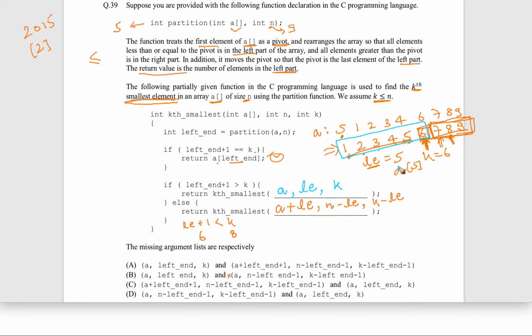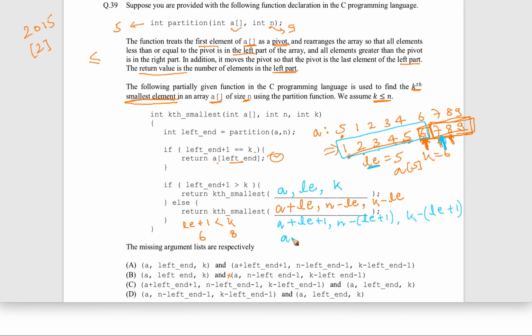Okay, so basically what I am saying is that earlier we jumped 5 elements, now we are going to jump 6 elements. So earlier we jumped le amount of elements, now we are going to jump le plus 1 amount of elements. So now the index will come here instead of at 6. We will start from here, and again, earlier we decreased le, here we are going to decrease le plus 1, and the index will also be decreased by le plus 1.